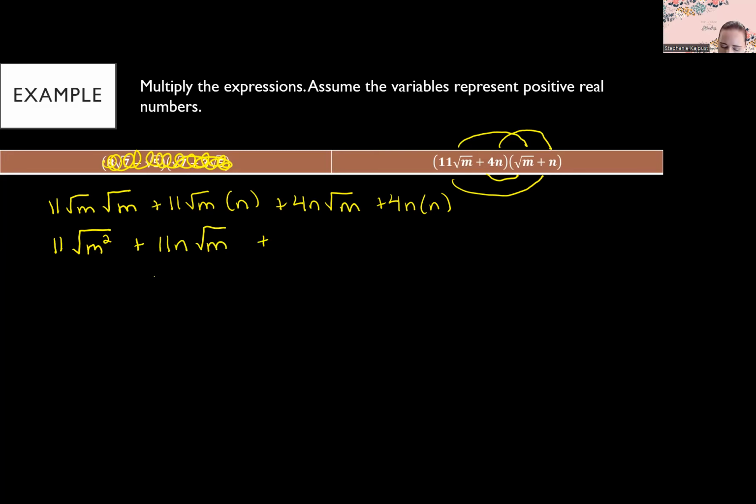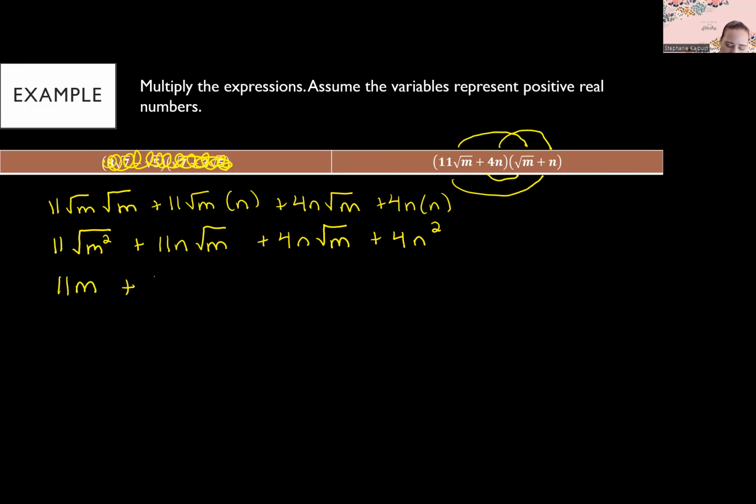Then I have plus 4n times the square root of m plus 4n squared. So now I start over from the left, the square root of m squared. So the square root cancels out an exponent of 2, and you're just left with m. So I have 11m